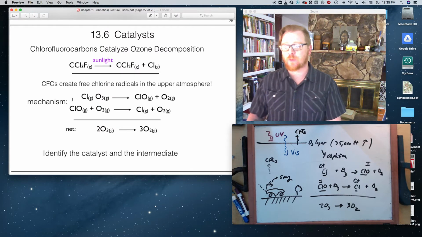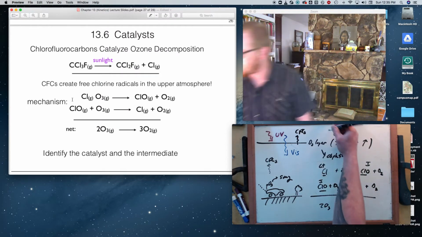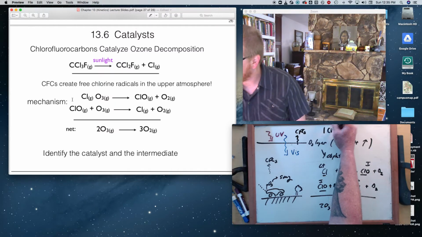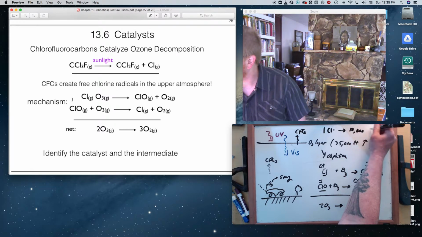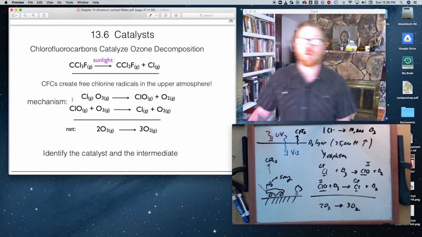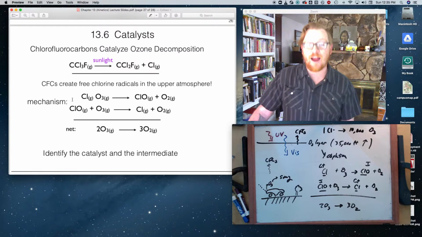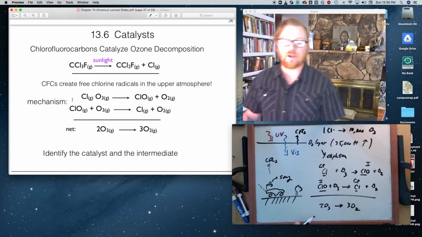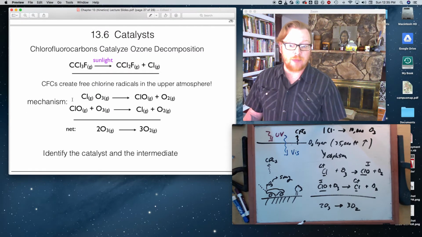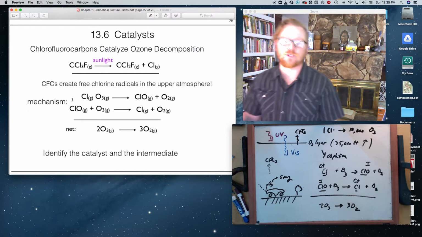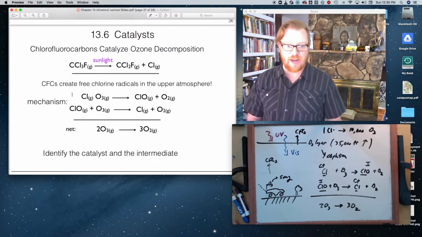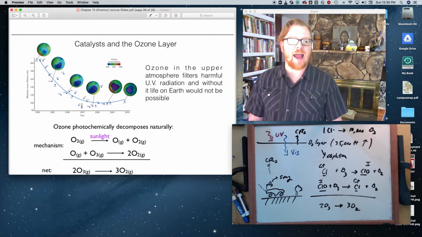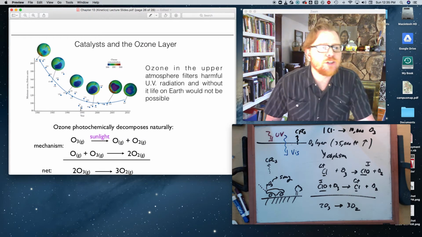Because what people had discovered, as it turns out, is that if you have one Cl radical catalyst, it'll destroy 10,000 O3 molecules. So for every one single chlorine radical you put in the upper atmosphere, it destroys 10,000 ozone molecules. So that's way out of whack for that natural depletion and creation. And so back to this graph that I have up here. So you notice now